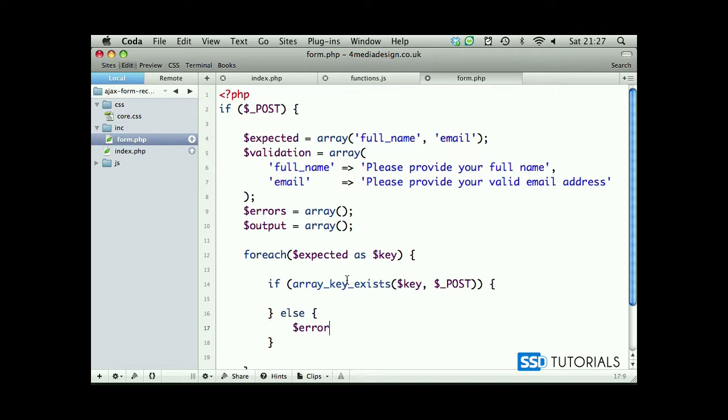So errors with a key equals validation with our key as well. Basically, this key, because obviously we're looping through expected full name, if it hasn't been found in our post, then pass this full name to our errors array, and populate the message assigned to the same key, and obviously assign this to the specific key inside of the errors array. Okay, so that's when it doesn't exist, and if it does,